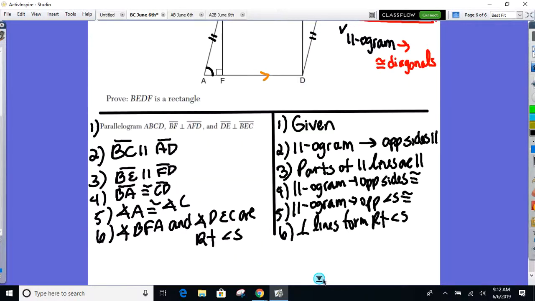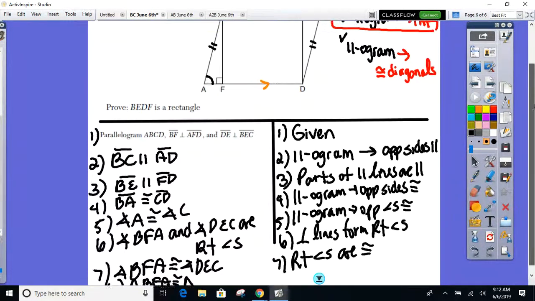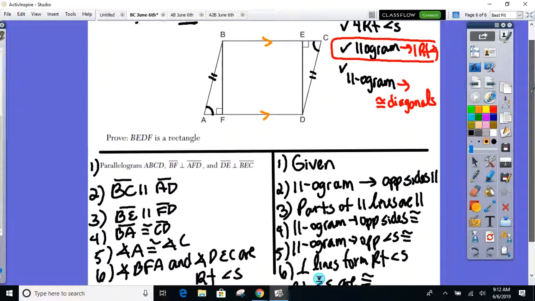Then say they're congruent. This was a long one. That's why it's on the part 4, 6 points. Yep. Right angles are congruent. All right, what method am I going to use to show the triangles are congruent? What's my method? Angle, angle, side. So triangle BFA is congruent to triangle